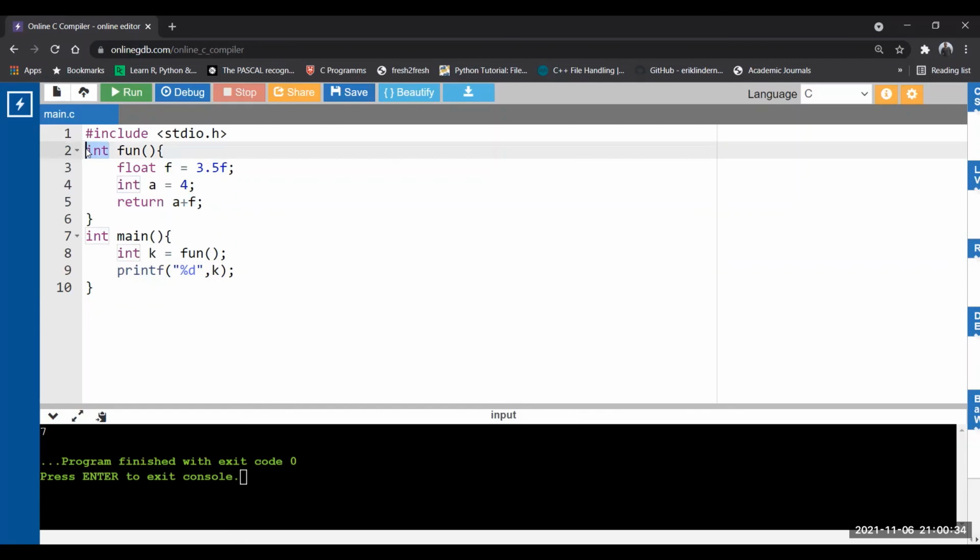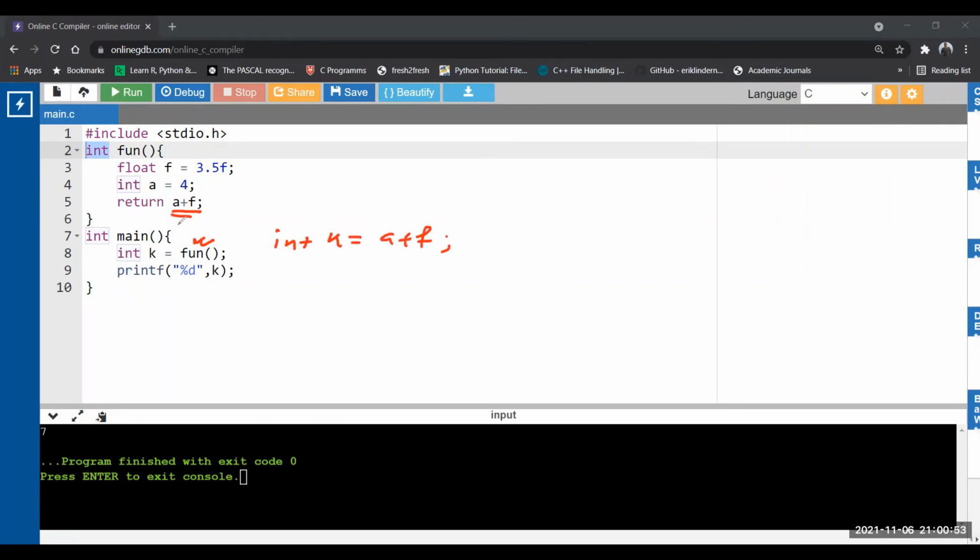When there is a type mismatch, what will happen? Internally, how does it look? When the compiler evaluates the function call, this function call will be replaced by what? The return statement. So what are you writing? Integer k equal to a plus f. Correct? So this function call will be replaced by the return statement only.